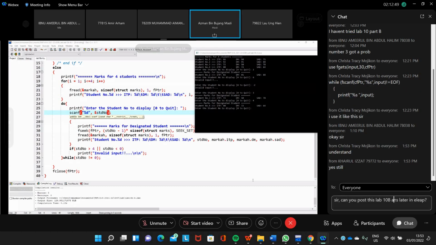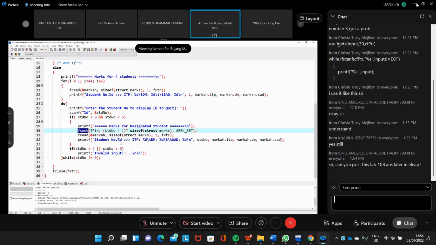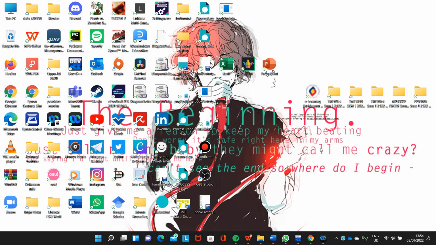Can I use string compare for binary? String compare, in this case, is not easy because we are reading the data one by one. If you use string compare, you can, but the problem is you read all the data in your file: first data, second data, third data, fourth data, and so on. Instead, if you use fseek here, we don't need to read the data. We just jump to the location that we want and then read the data. You can use string compare, but the problem is that you need to go through all the data that we want to search for.